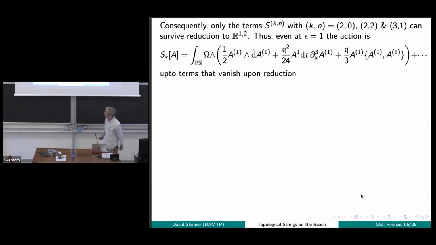If you go through, there are actually only 3 terms that contribute. They're these ones, and in terms of the action, they look like that. We get a standard kinetic term for the leading order part of A, the modification to the kinetic term involving that third order derivative, and then just the leading order part of the star product, which reduces to the Poisson bracket. All of the other terms are still there on the spin bundle. There are infinitely many more terms involving all the higher derivatives, all the higher powers of epsilon, etc. But they're all going to integrate to 0 when we do the integral over lambda, because they've got too many copies of this spinor iota in them.